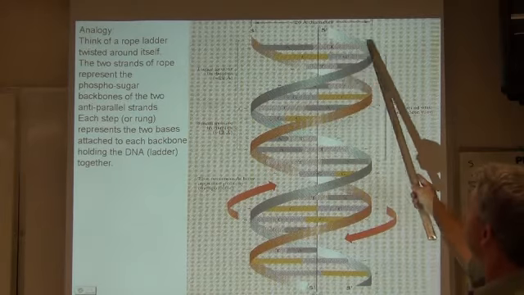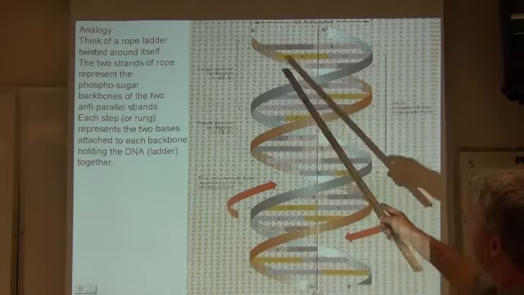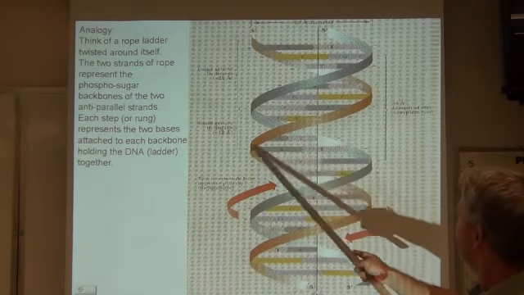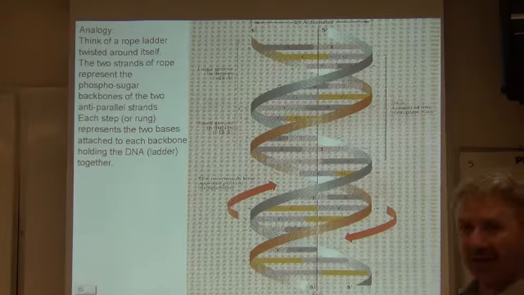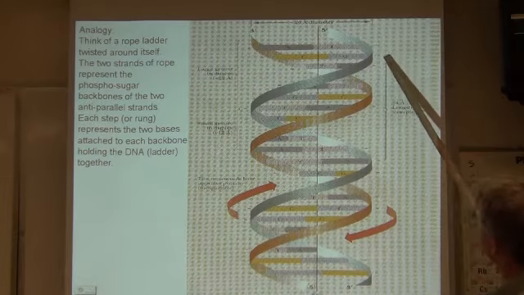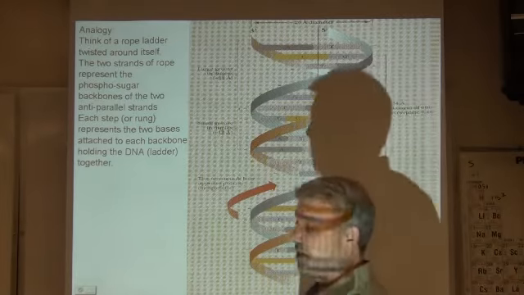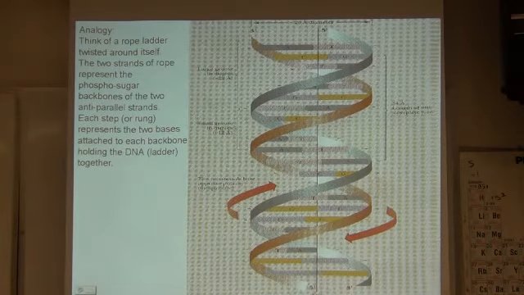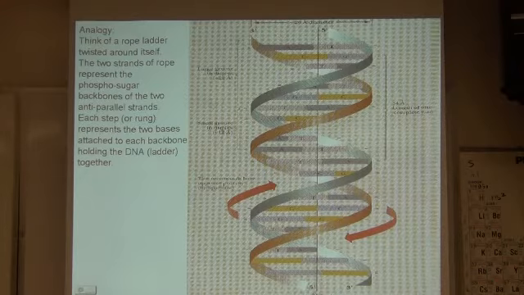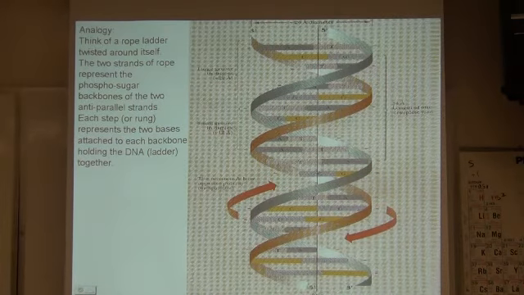Notice 5 prime, 3 prime. The other strand is 3 prime to 5 prime. Anti-parallel strands. Look at the backbone. It's negatively charged because of the phosphate group. See all the negative signs on there? And that's actually the reason why gel electrophoresis works. Okay, this is how come we can fragment or digest DNA and get the segments of DNA to move through a gel. Push electricity through. It's got a negative backbone.